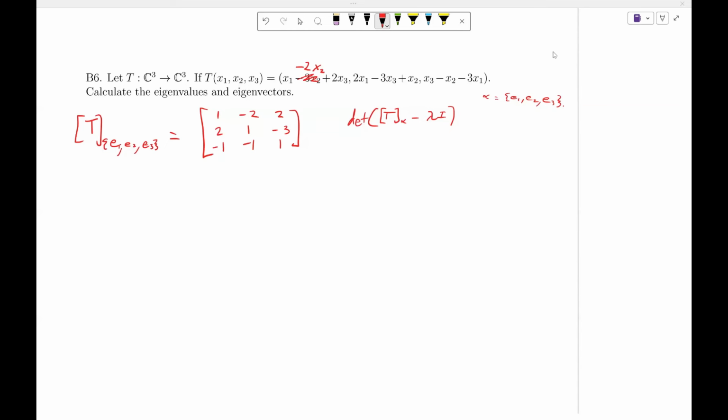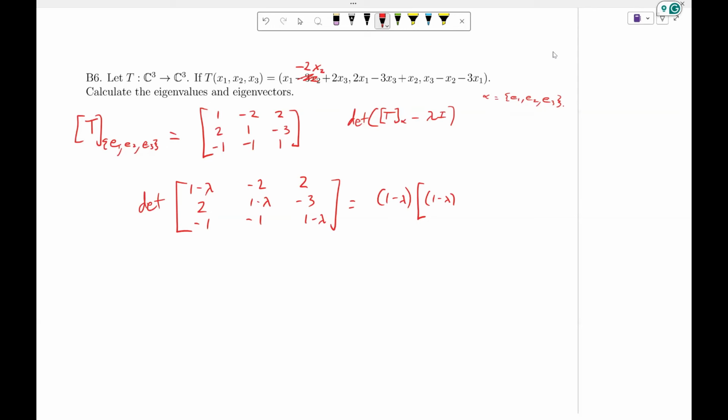Now, to compute the characteristic polynomial, I highly encourage you not to expand early. Like terms can cancel. So if we look at the determinant of our matrix, 1 minus lambda, -2, 2, 2, 1 minus lambda, -3, -1, -1, 1 minus lambda, this equals 1 minus lambda times